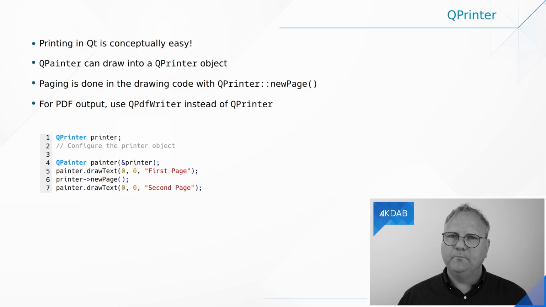So to print, you follow these lines of code here. You'll create an instance of QPrinter, you will create a painter on your printer, and then you'll paint just as if you'd done it on the screen, your first page. Then you will call newPage, paint your second page, and continue on like that. And of course, there is something missing here on line 3, namely, where do you print to? Where does the QPrinter print to?